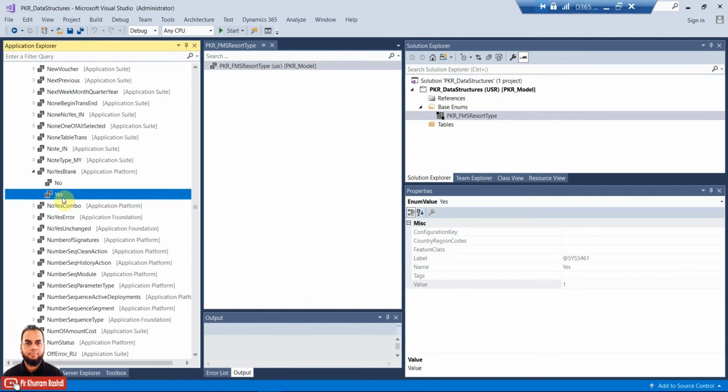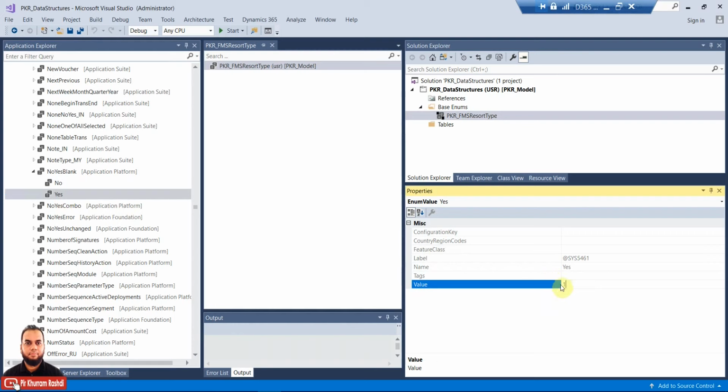If you go to yes, it is having an integer value of 1 with the name of yes, but the label shown is here. This is a sys label and it is also representing the same literal like yes.